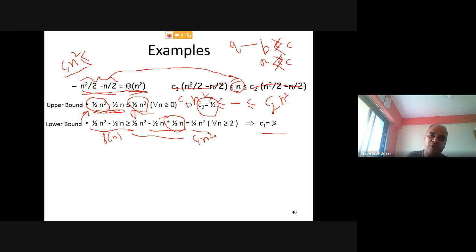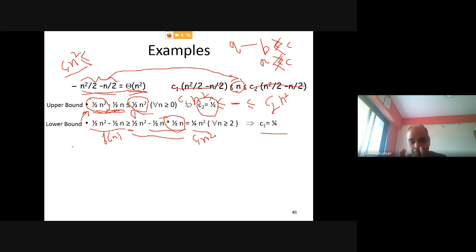So you can bound it from the lower side using n square, and you can also bound it from the upper side using n square, right? It means this inequality is correct. So this approximation is correct. You can bound with c1 into n square from the lower side and c2 n square from the upper side for two different values of constants, c1 and c2, right? So it means it is correct. So you need to show both of the things.